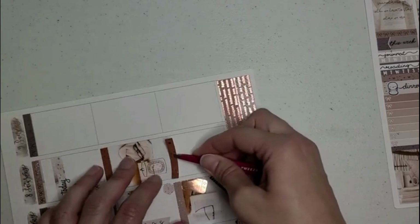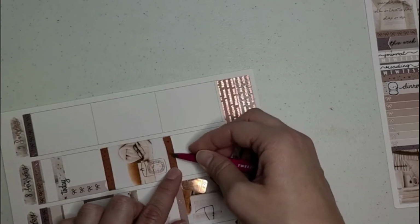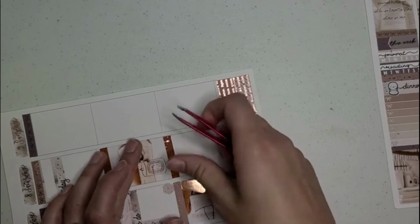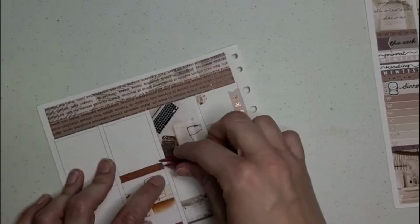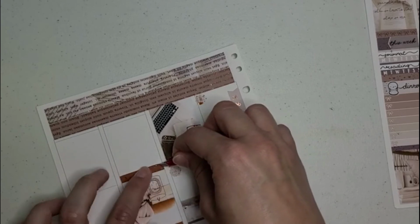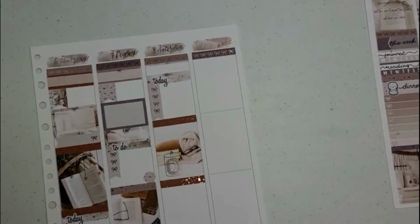I mean, I probably shouldn't have said that. Probably should have just waited to say that. But it hasn't happened yet. I ripped paper a little bit at the beginning. But other than that, it's been pretty smooth sailing, I think. Okay. Then